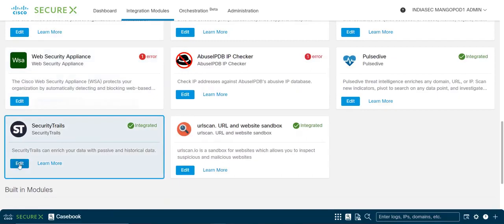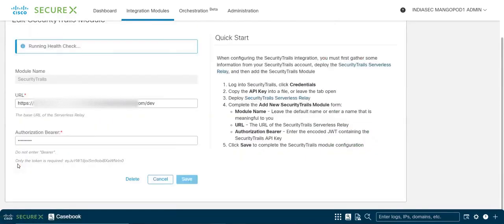Over here, you should be able to go to the SecurityTrails module. Click on edit. There are two fields to be submitted. One is the URL, the second is the authorization bearer, and then click on save. The steps are mentioned over here on the right hand side. Once this is done,